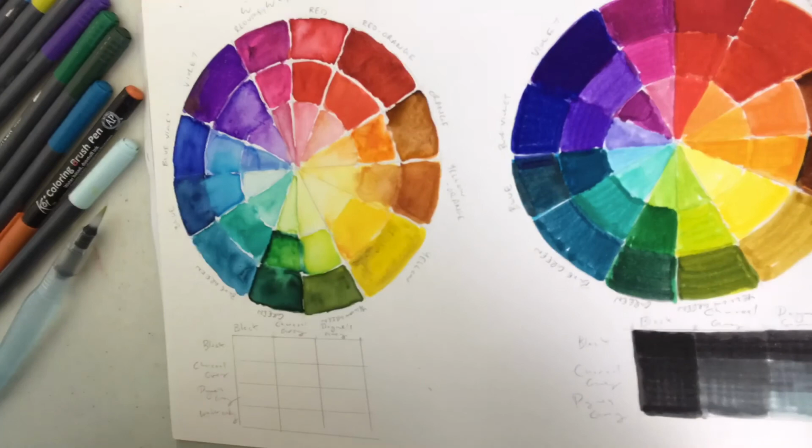Okay, so when it comes to using the markers, this is a good opportunity to see kind of